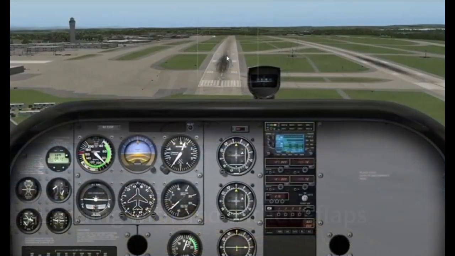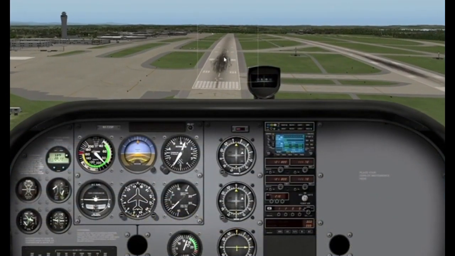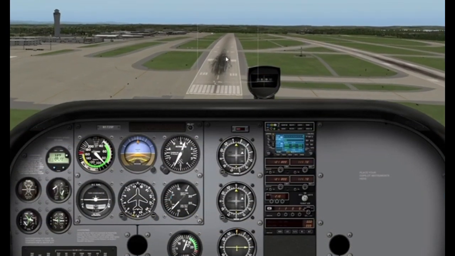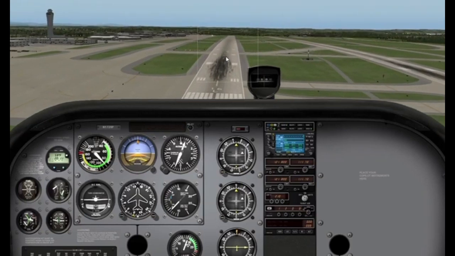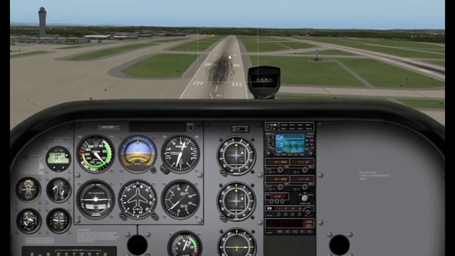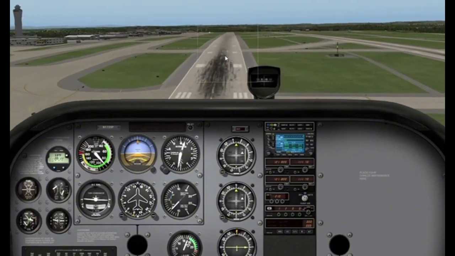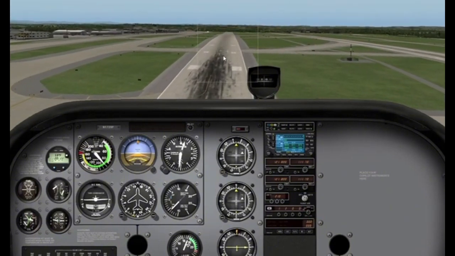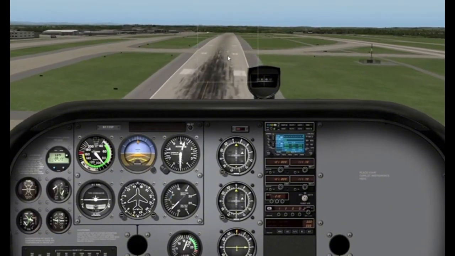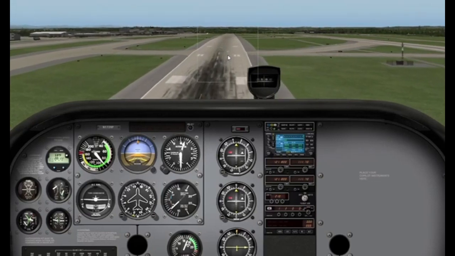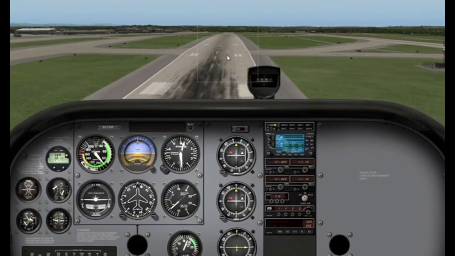So first we'll do the landing without flaps. As you can see, we're approaching the runway at around 80 knots, no flaps, and just under 2000 RPM. As you can vaguely see on the left hand side, the PAPI lights are 2 red, 2 white, and as we